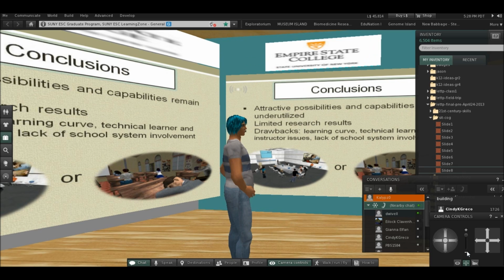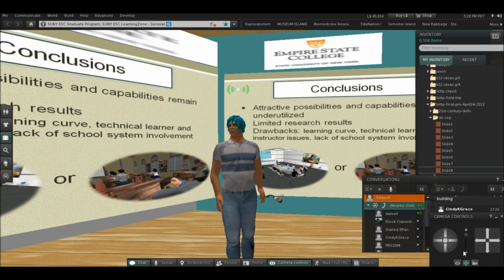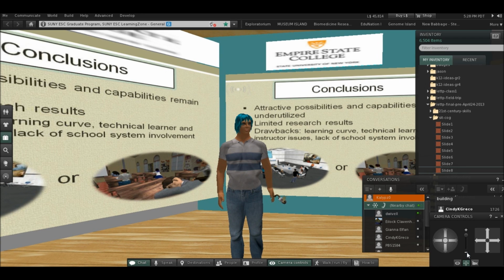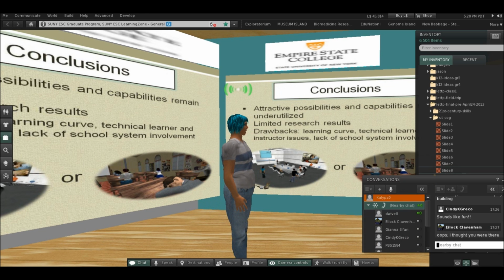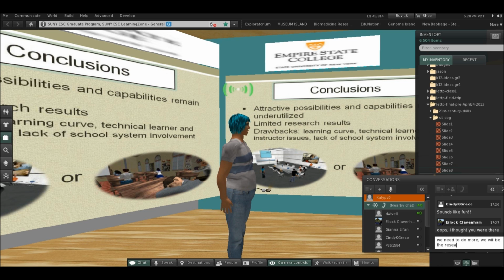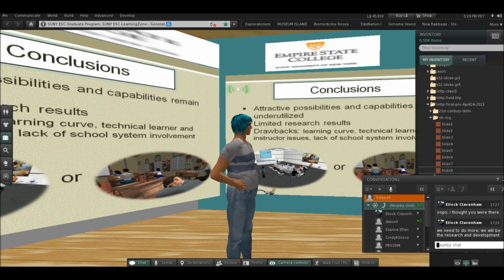If we take that as a true point, then it seems like there are a lot of attractive possibilities in the mediated realities. But I'd have to say, in the limited research I've done, it seems very underutilized. And there seem to be some drawbacks that are providing barriers, but are also providing hurdles further on as people get involved. So we're curious as to why there was not a lot of recent research to be found. Much of it dates back to around 2005, 2006, when Second Life seems to have been in its heyday.